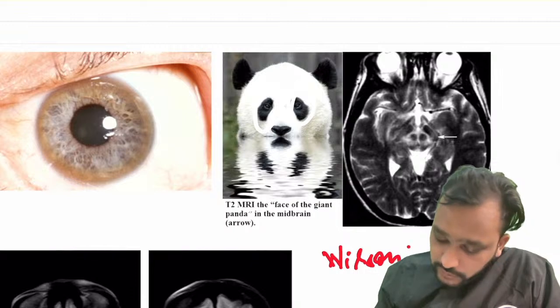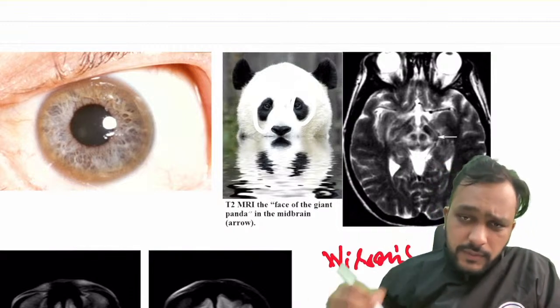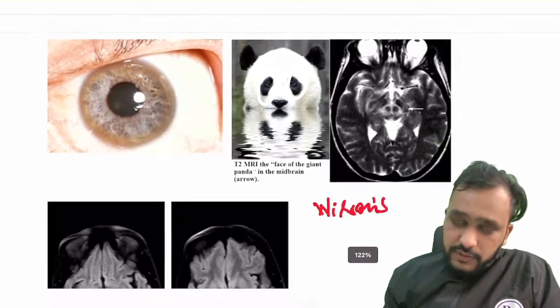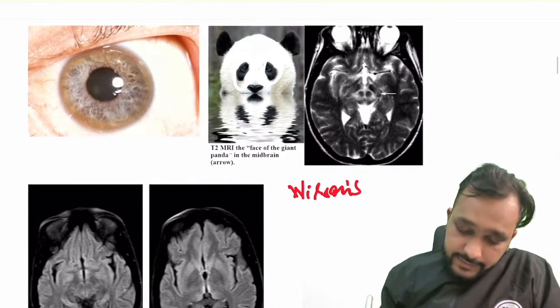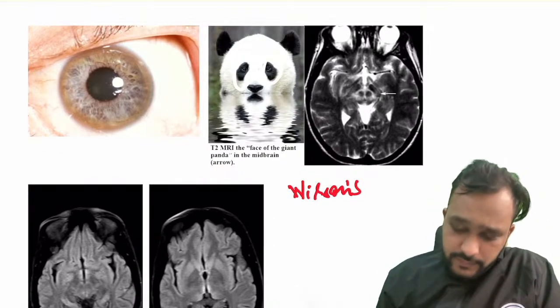Right? So you have to tell me in the comment section what is the mutation that you are going to see in these patients? What is the mutation that you are going to see in these patients? So the mutation is